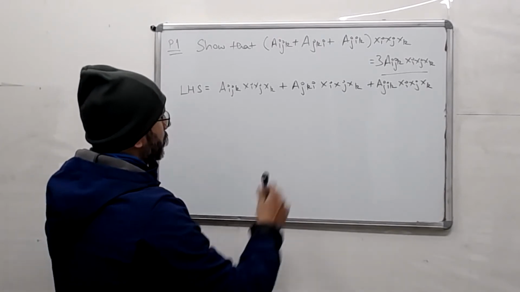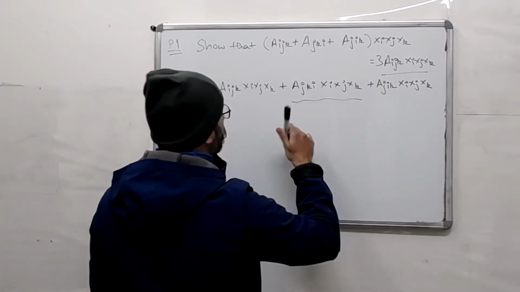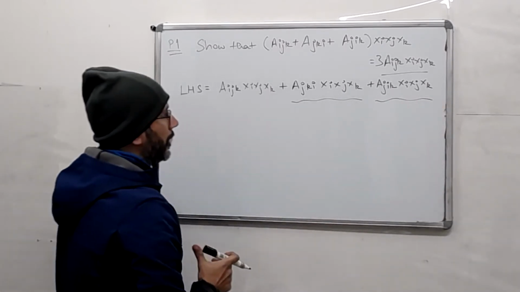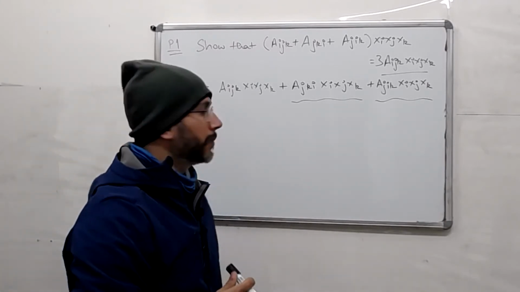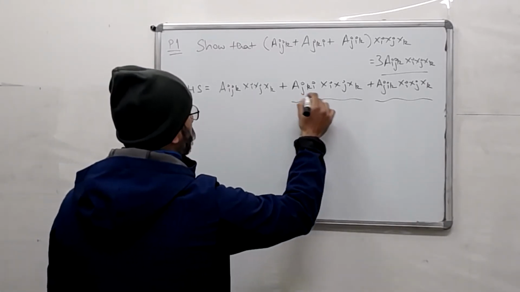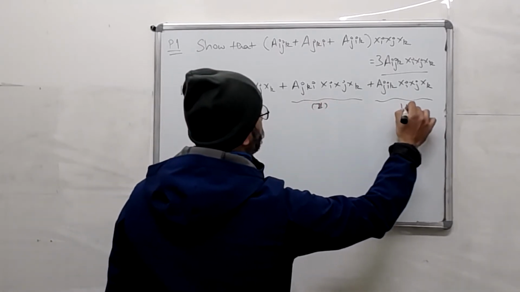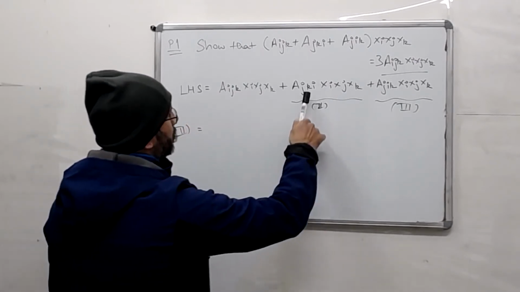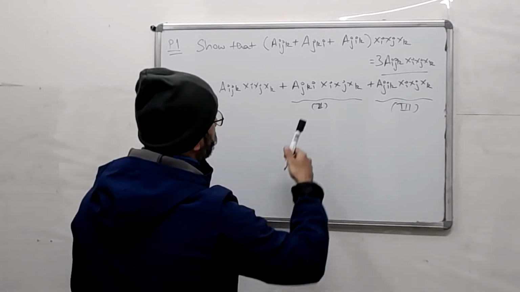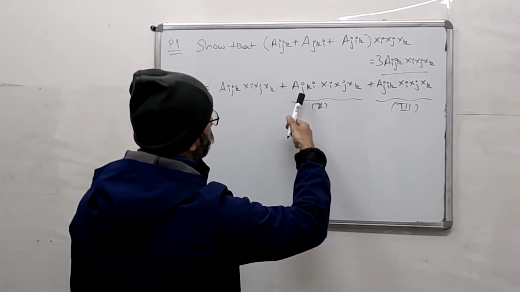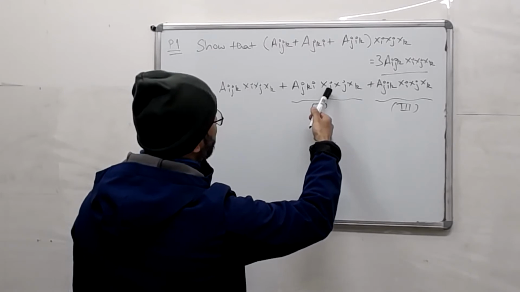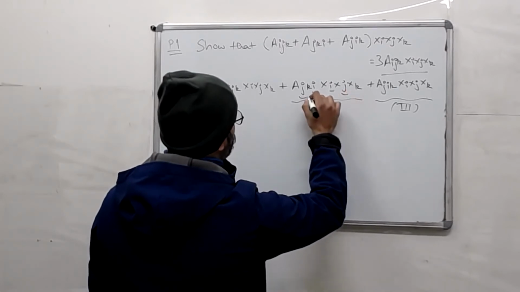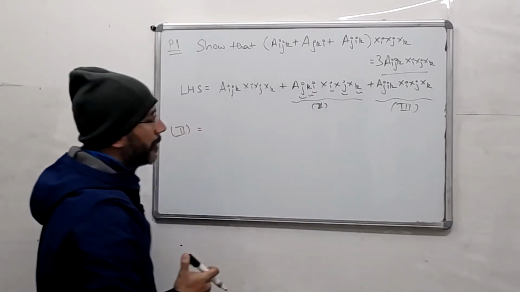So what we have to show is that this thing is equal to aijk xi, xj, xk, and the third one is also the same as aijk xi, xj, and xk. Okay, so let's take this term. So we'll call it 2. We'll call this one 3. So for the second term, there's multiple things we can do. Well, let's do this thing. So we will replace, because remember i is a dummy index, j is a dummy index, and k is also a dummy index. All of them are repeating.